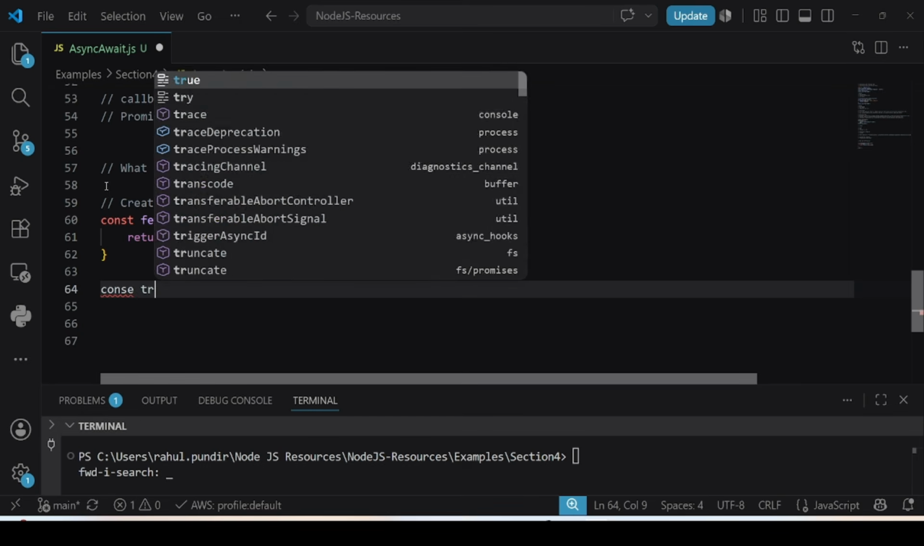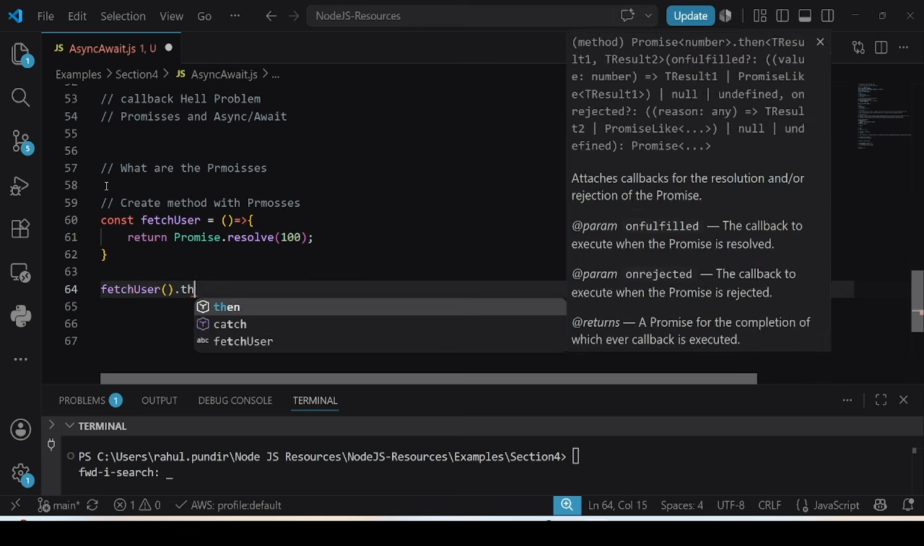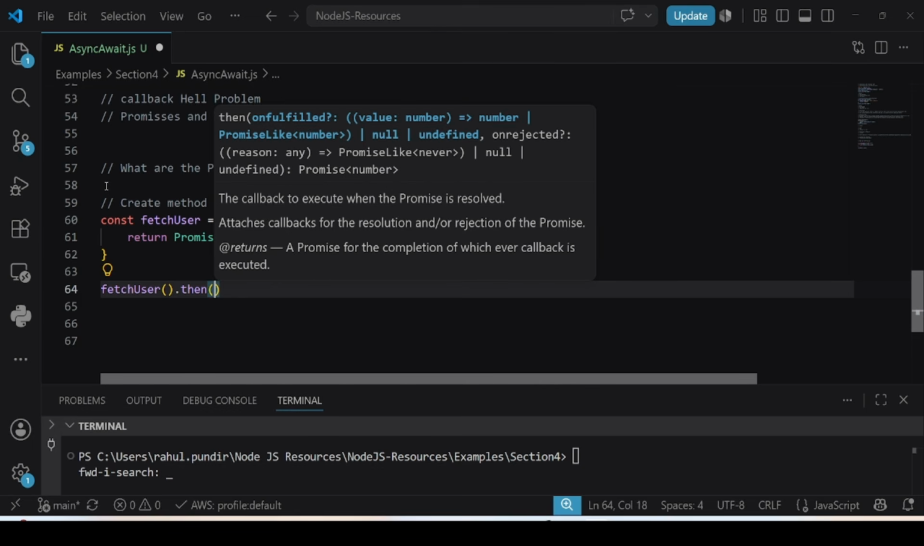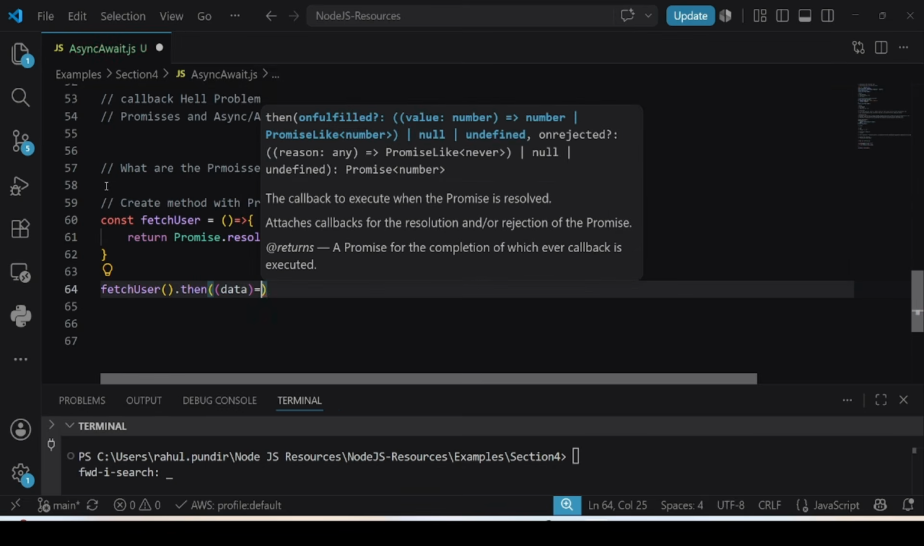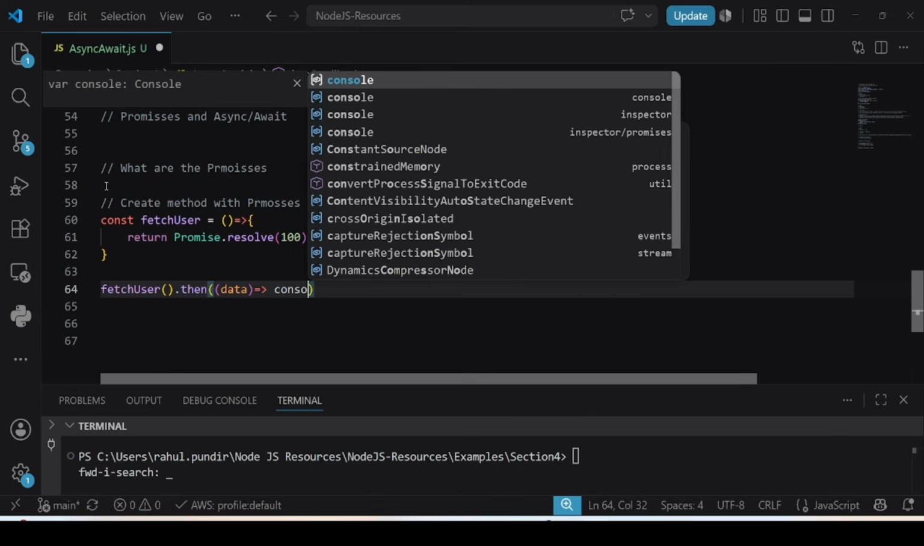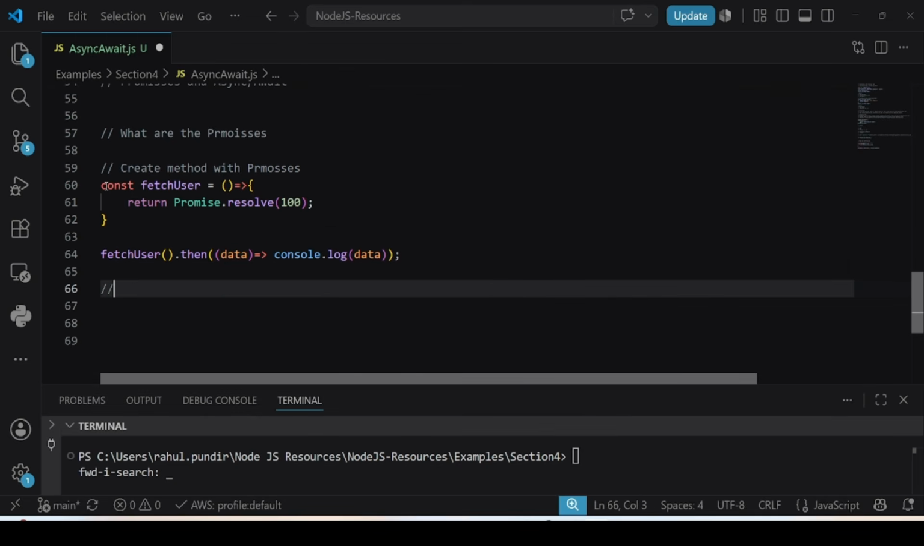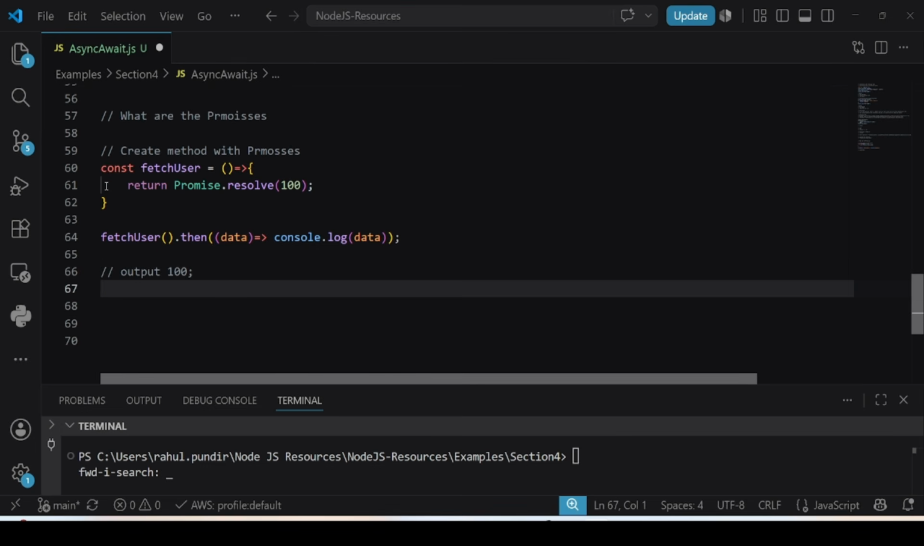Here you can directly call fetchUser().then, write data like a callback, and console.log(data). So what will be the output here? The output will be 100. This is the way of promises. But there is some problem. It is better than callback, but if you have some hierarchy